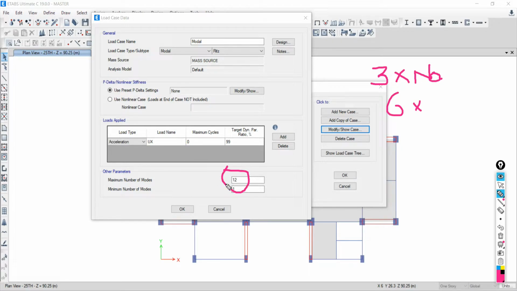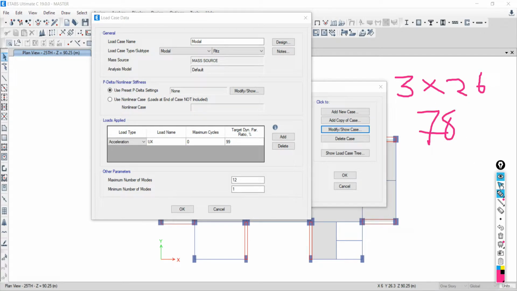But one more thing: among all these modes, suppose you define 100 modes, the first 3 modes are the most important. We will see. Three times the number of floors, how much will it become? 78.